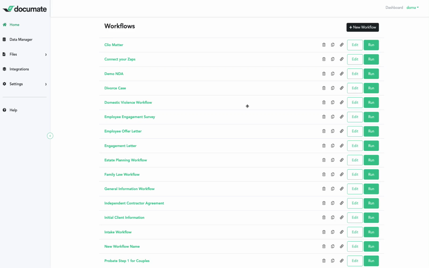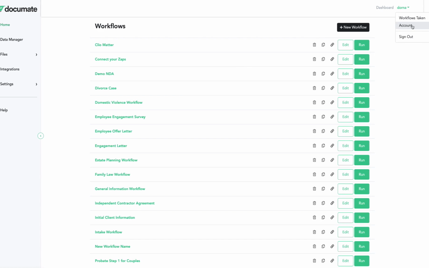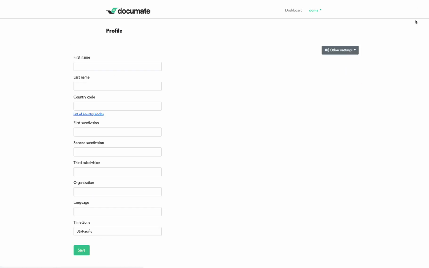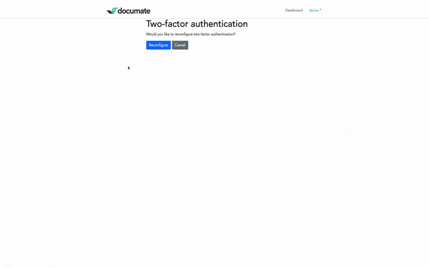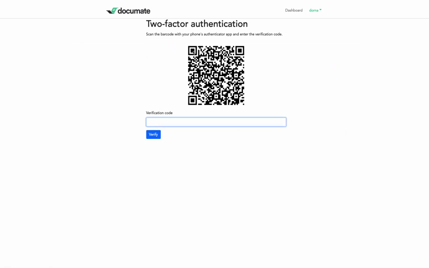So once two-factor authentication is on your account, it can either be set up as optional or it can be set up as required to require every user to set up two-factor authentication. In the situation where it's optional, every user is going to go over to Account under their name. They'll go over to Other Settings, click Second Factor Authentication, and they'll use their app directly inside of Google Authenticator or Authy or any similar app, and they'll be able to scan that in,